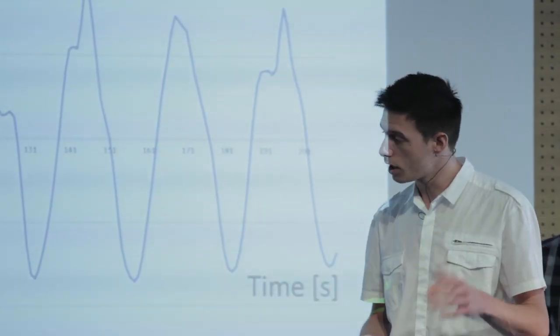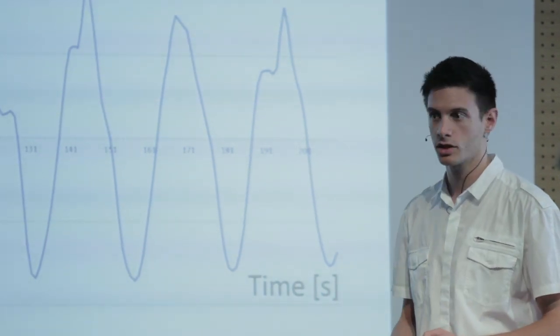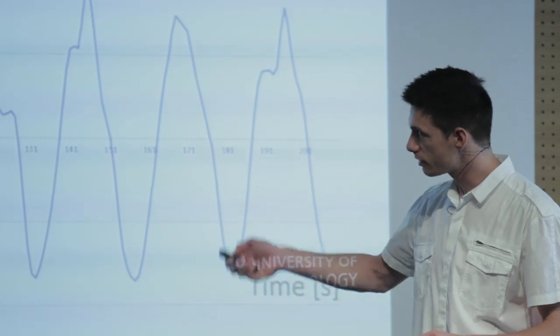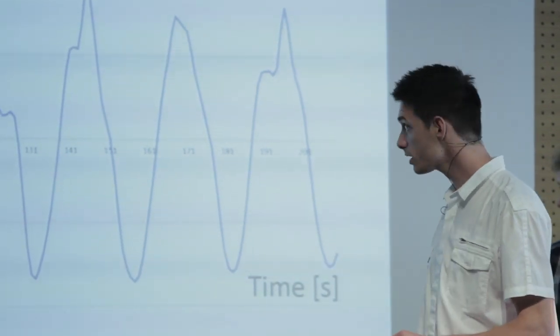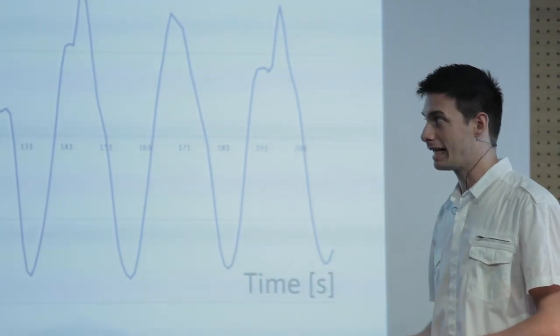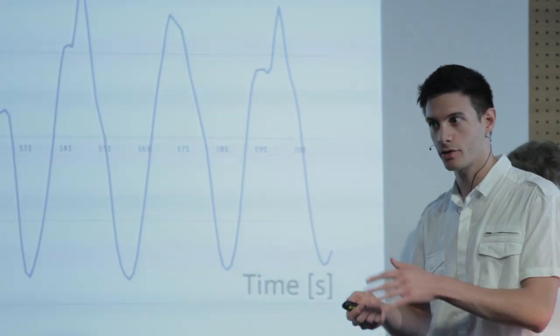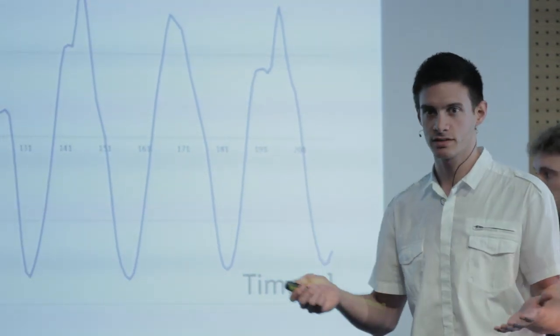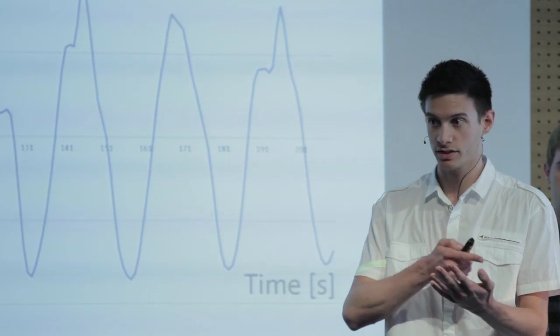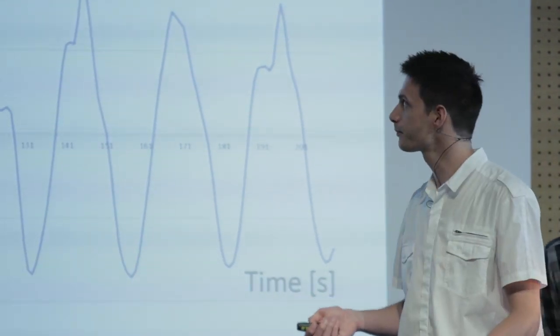Let's have a look at how our idea works. This is some acceleration data measured by the accelerometer of the smartphone, and the values are in meters per square second. If you have a closer look, you can count 8 peaks. And let me tell you that one peak is one step. So step recognition is very easy. Our smartphone recognizes 8 steps, and if it also recognizes the direction, it can calculate our position. That's pretty simple. So our vision is to take the knowledge from the first prototype and put it into a